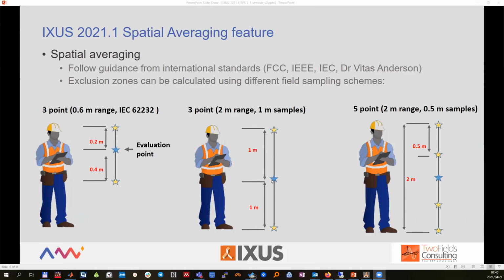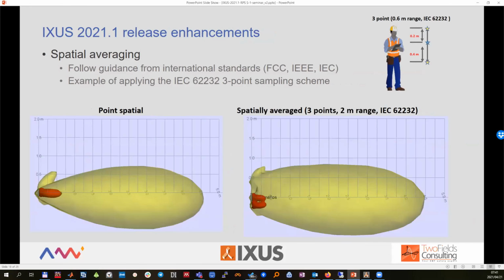So when we evaluate the field in a 3D space, then we also evaluate the field 1 meter above and 1 meter below that point. And with the 5-point scheme, this 2 meter region is just divided into 5 equally spaced points, separated by 0.5 meters apart. Okay, so this is what we call our global averaging scheme, and what it does is, and